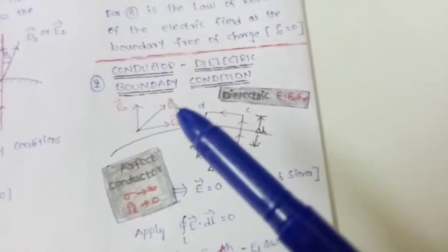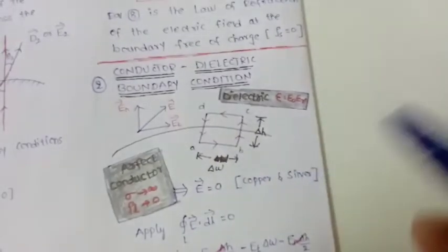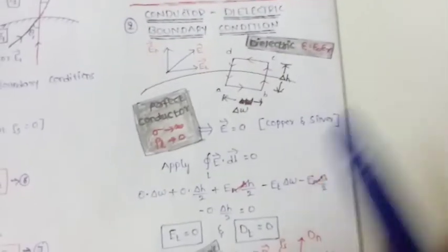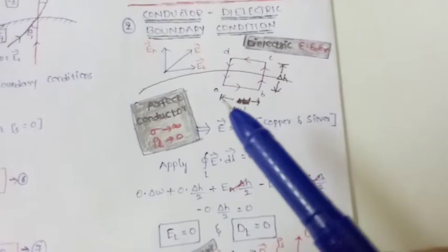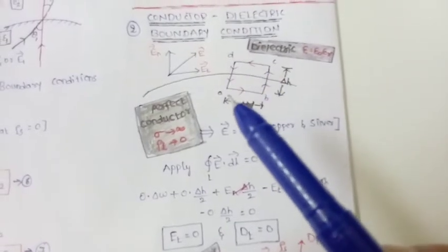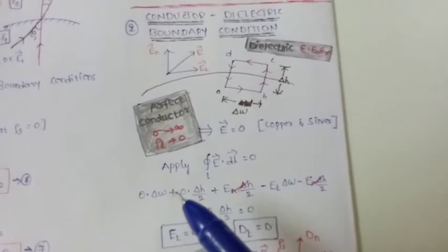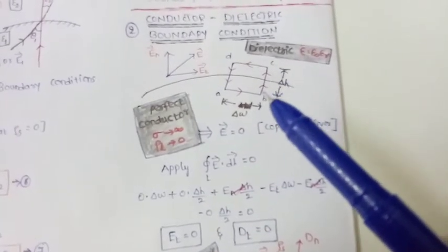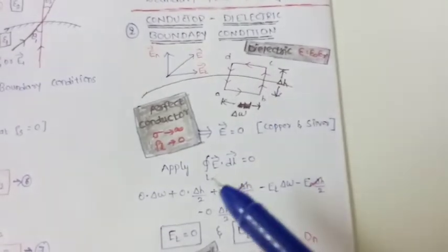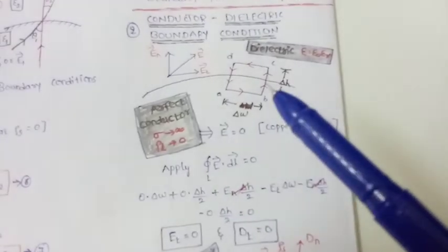Then this electric field is going to be split into two parts as usual. Then once again I have considered the closed path. Now by applying the closed path, applying the first Maxwell's equation, the closed line integral of E bar dot dl bar is equal to 0. Once again it is split into AB, BC, CD and DA. On AB there is no electric field, therefore 0 into delta w, plus BC, which is once again divided into two parts. In this part it is 0, that's why 0 into delta h by 2. In this part it has something plus, what is that?